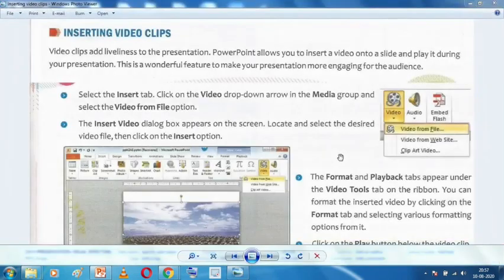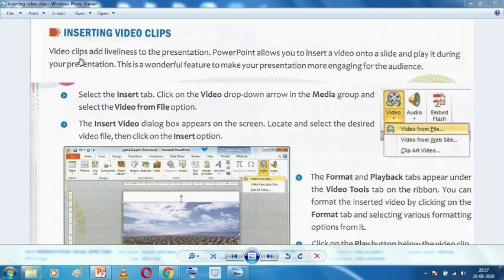Okay. Now students, the first topic is inserting video clips. Now you know what video clips are, right? Short videos, or videos, you watch movies in the form of videos. So video clips are short videos, or they can be long also, of any time.